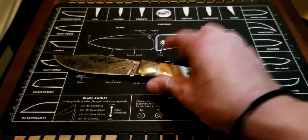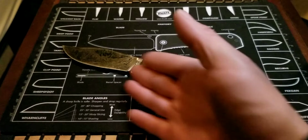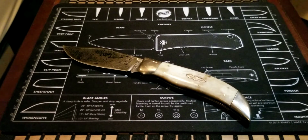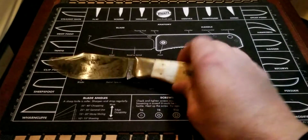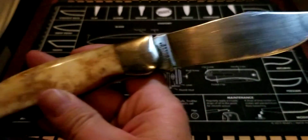With a knife this big, I would have preferred there to be some sort of backlock to it because it has a pretty hefty blade. But it's relatively decent for a slip joint, and it is relatively safe for its size, so it works out. I'm really content with it. But if there is one out there with a backlock, you best believe I'm going to want that. But this is still really neat for what it is. Deer Slayer. That's actually really cool. I don't know why I like that. I think it's just, you know,